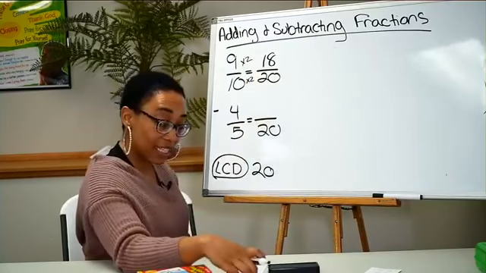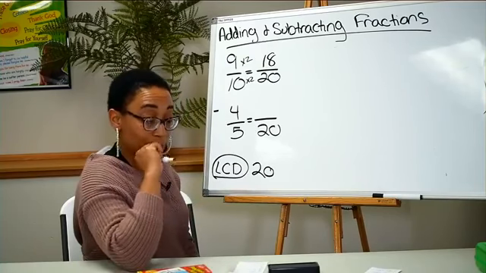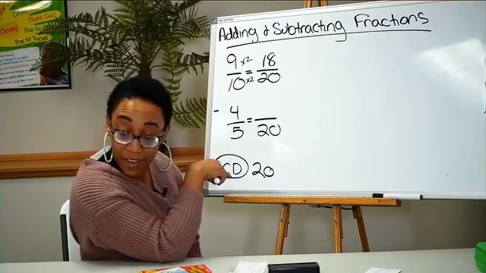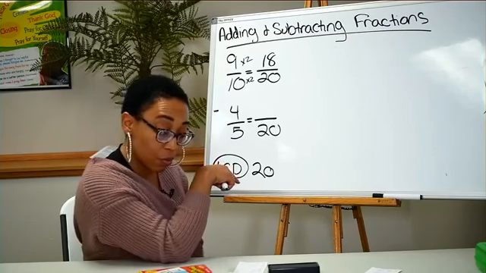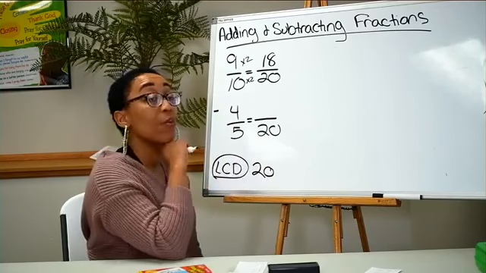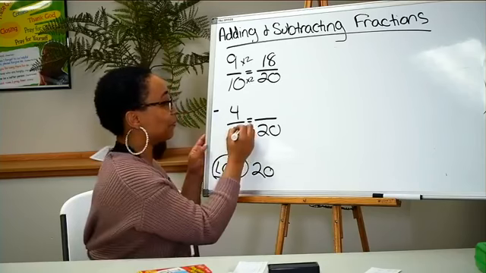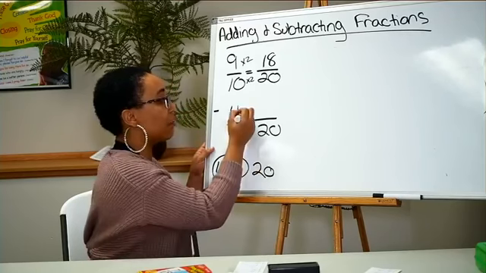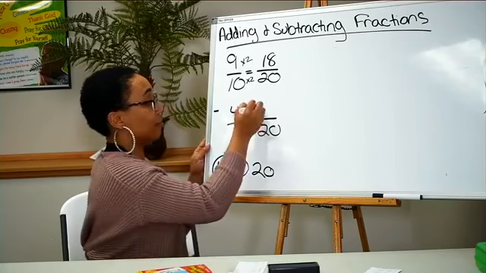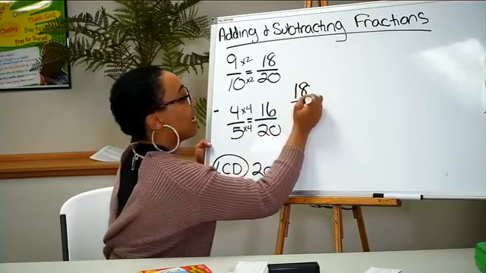Wow. Is that the same? It is. Wow, that was a coincidence. There was a 9/10 in the other problem too, but it's fine. All right, so we have 4/5 and we're changing it to 20. So 5 times what is 20? That's right, it's 4. What you do to the bottom, you have to do to the top. 4 times 4 is what? 16. That's right. So we have 18/20